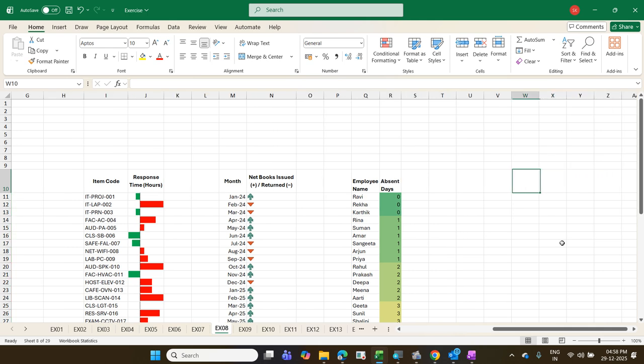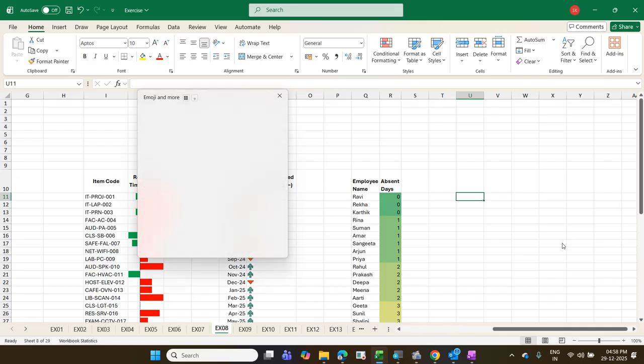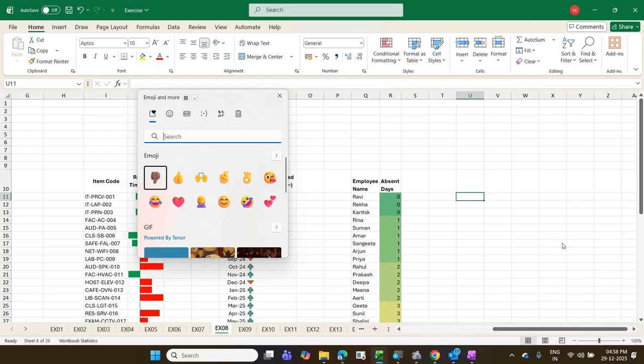Place the cursor on some empty area. On your keyboard, Windows, there is a Windows key, correct? Hold the Windows key and press dot, full stop. Windows dot, full stop, where we can get some emojis. But unfortunately, suppose I am selecting this thumbs up. A thumbs up was inserted, but unfortunately what has happened is, let me close this emoji, and this thumbs up